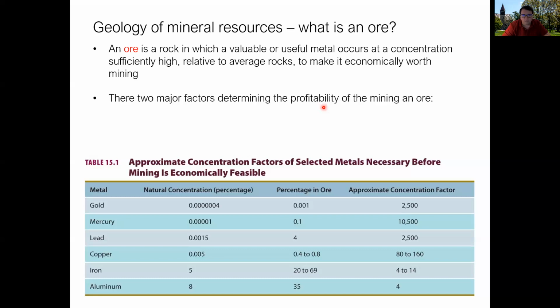There are two major factors in determining the profitability of mining an ore. The first is quite simply the spot price, the value of the mineral or metal being extracted. If you had found a lithium mine in 1950, the price of that lithium would have been pretty darn low, not really worth much at all. Today, with electronic cars, batteries, and energy storage needs, lithium is a hot commodity. Today, that spot price would be pretty high. So certain things weren't really considered ores, or not very successful ores, and now in other cases are considered to be pretty economical as an ore.